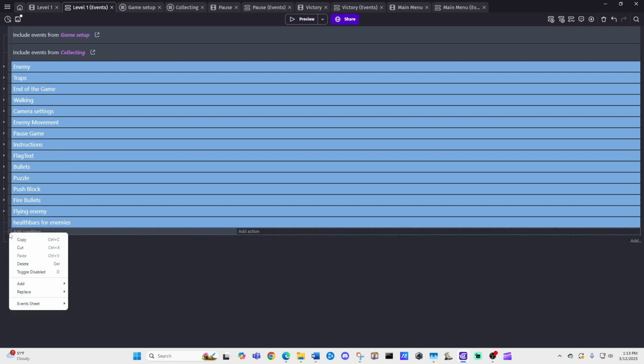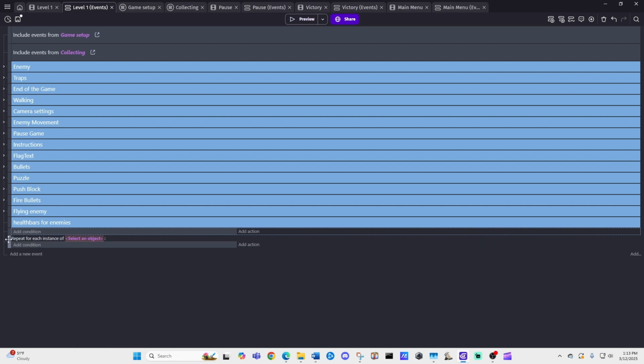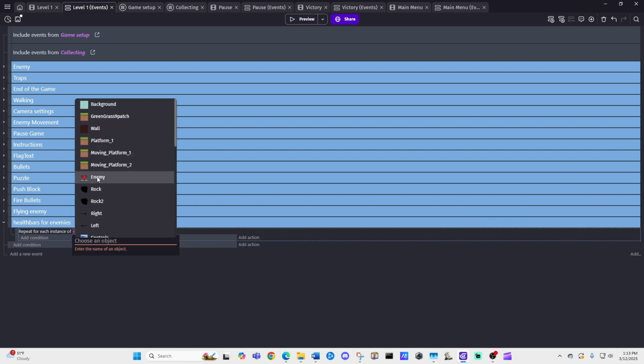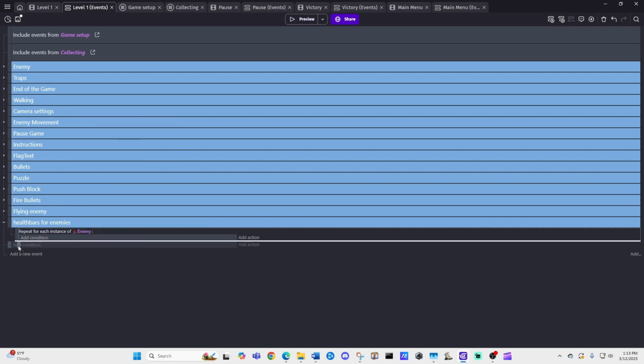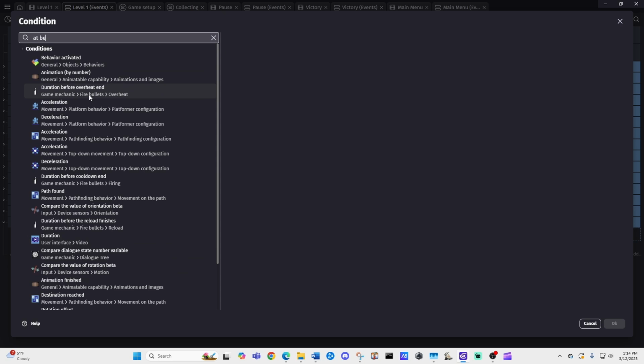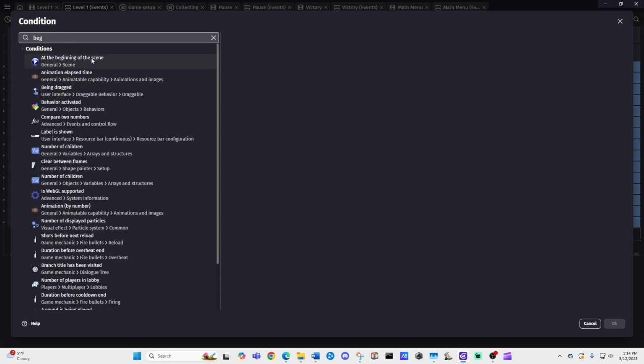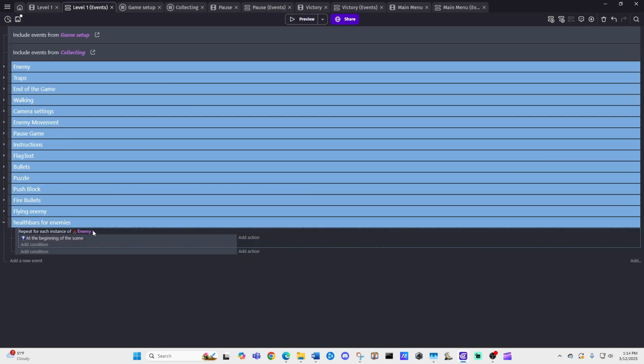Then we're gonna right click, add for each object, drag it to the right so it's right under, like that, and we're going to say enemy, and then we're going to add the beginning of the scene. So at the beginning of the scene,